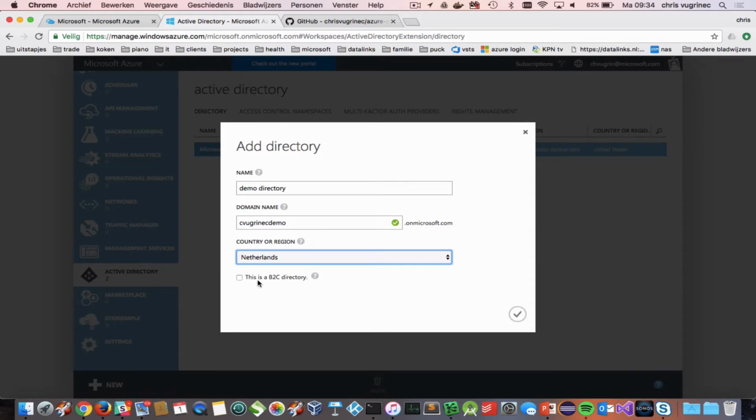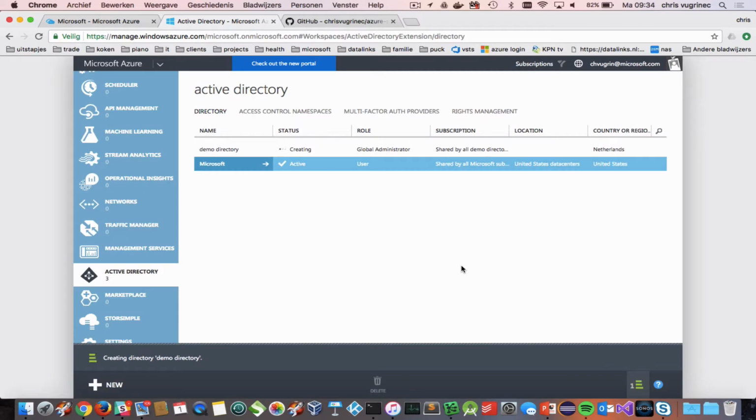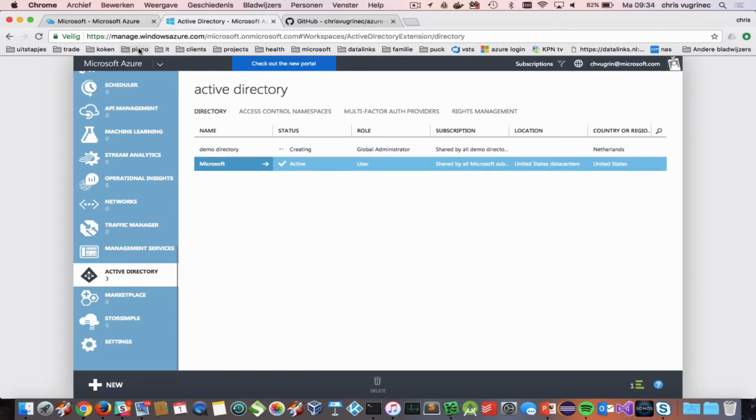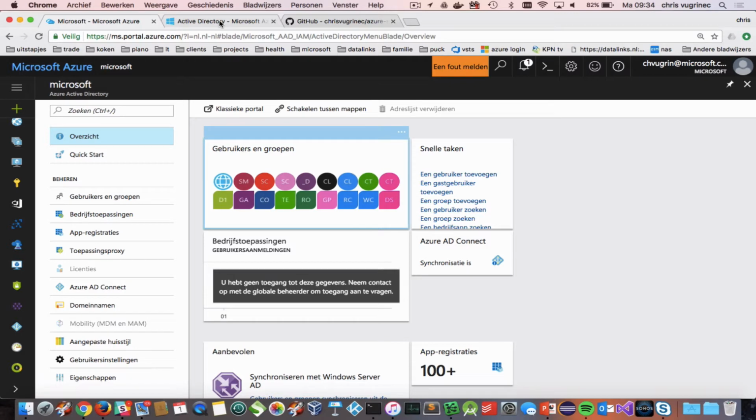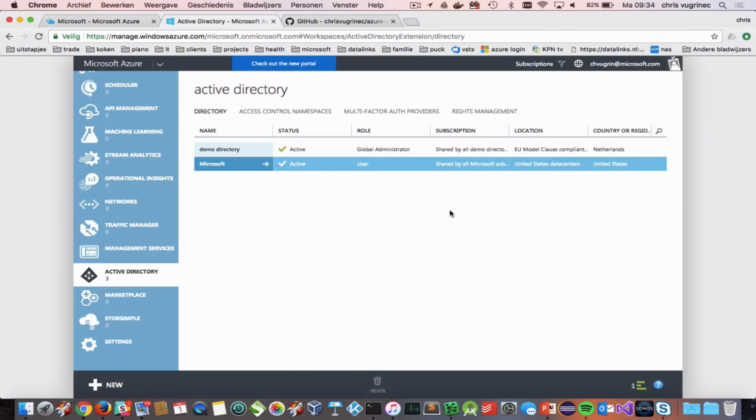I'm not using this B2C option because let's keep it simple now. Not using all the options, but there are many more options. So as you might know, there is a new portal and an old portal. The new portal is based on ARM templates or resource management, but we are in the transition phase and not all the features are yet ported into the new portal. So sometimes a functionality is not available in the new portal, and therefore you need to go to the old portal. Here we created a new directory,